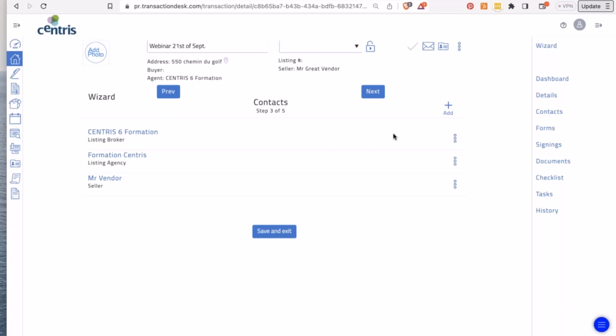Later on, when I get a promise to purchase and a buyer, then I can come back here and add maybe not the buyer's email, but the other brokers, the selling broker's contact information, and any other people acting in the transaction. So you could put the building inspector, the mortgage specialist, the notary, anyone that can be in the transaction, you will then be able to send them reminders, notifications,